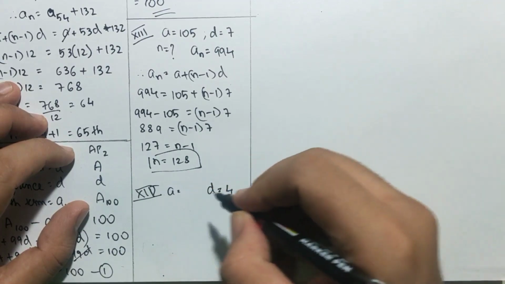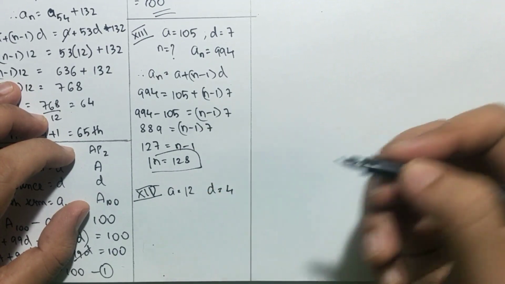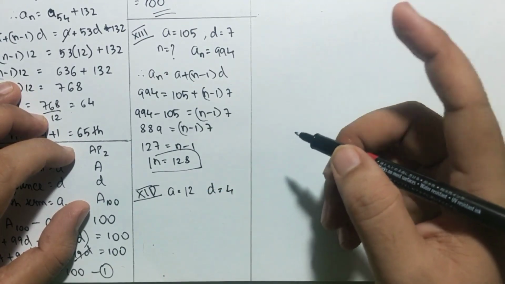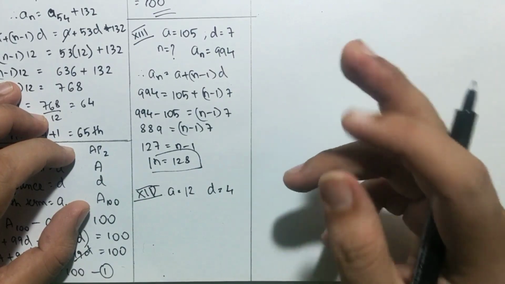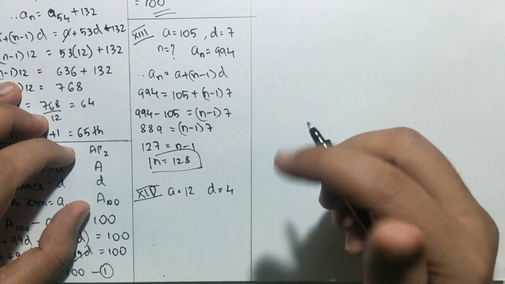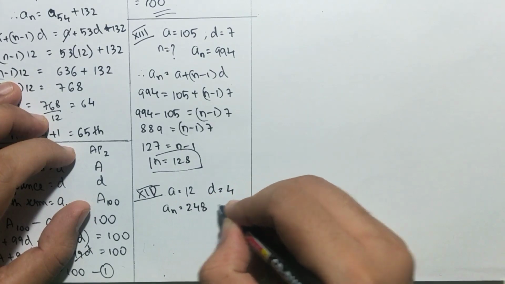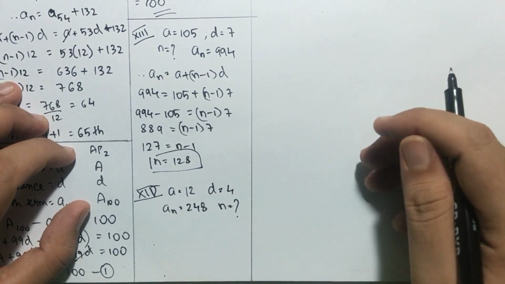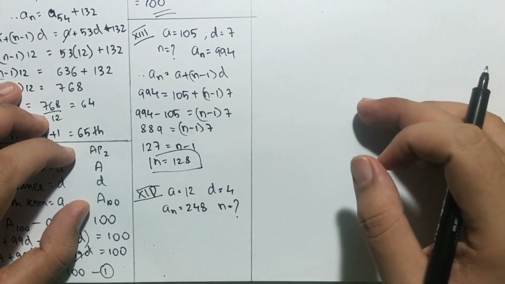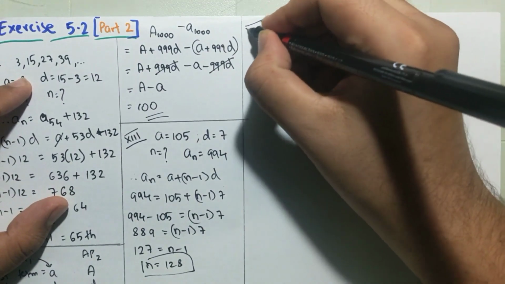So what is the number which is greater than 10 and the first multiple of 4? That is 12. Difference is 4. And the last number between which we have to find is 250. So what is the number which is a multiple of 4 but less than 250? That is 248. So your last term is 248 and again you have to find n. Simple. Will you be able to find it? Shall I proceed to the 15th sum? Okay. Now the 15th sum.